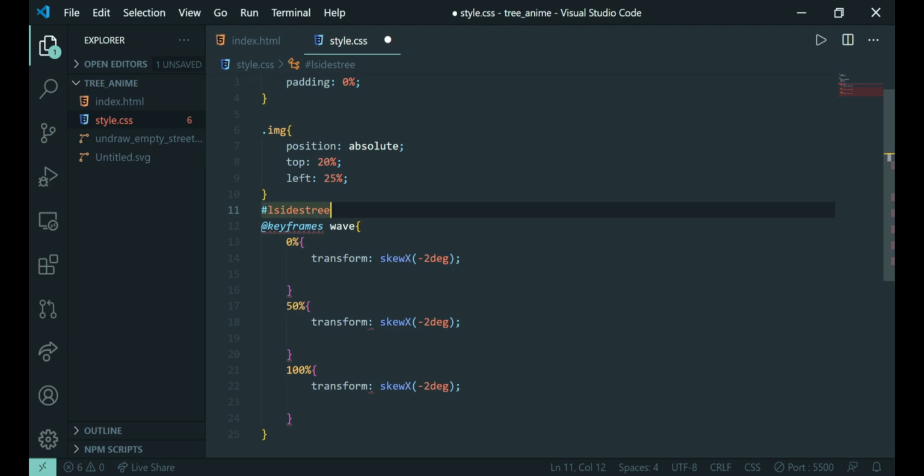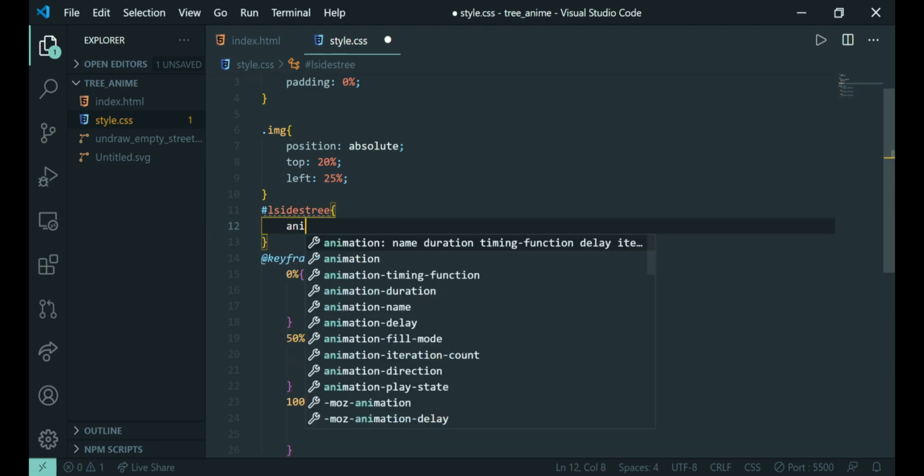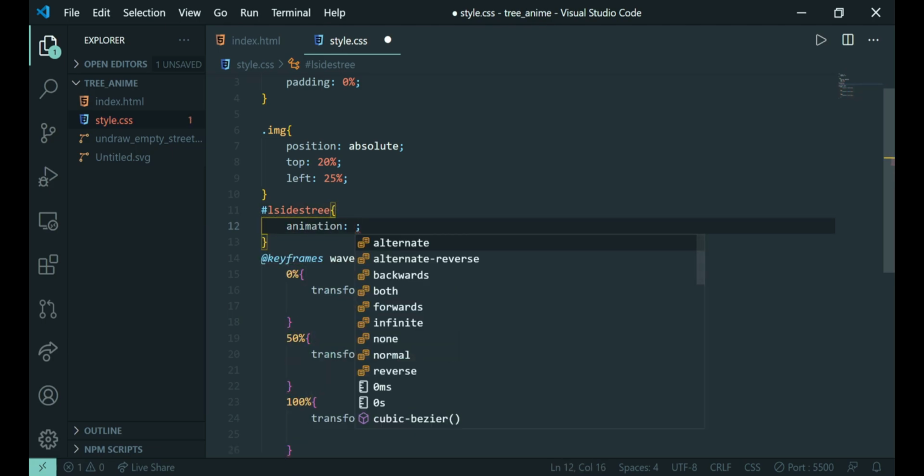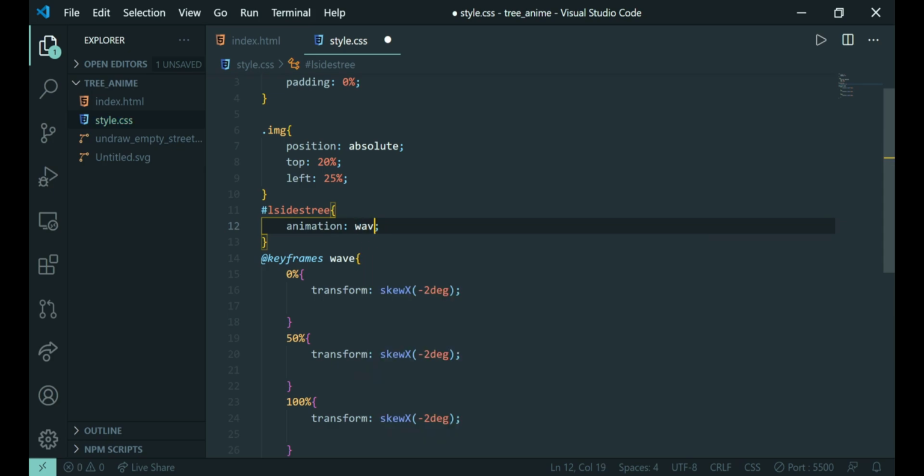So like I selected this and I stated that animation, I want wave animation for 2 seconds, something like 2.4 seconds for infinite time, and we'll be needing like linear motion.